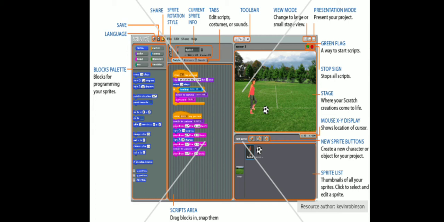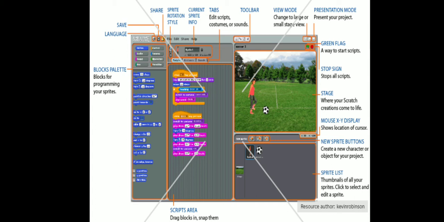Then moving towards the left direction now, the script area, the place where you can see multiple buttons of different colors. This area is called the script area. The script area is a place where you put your scripts one after the other, in the order in which you want to play your animation. Then again on the left hand side we have a block palette. A block palette has various blocks which will be explained just now in the slides, and these blocks have different categories. Each category has its own set of instructions which can be used to create the animation.